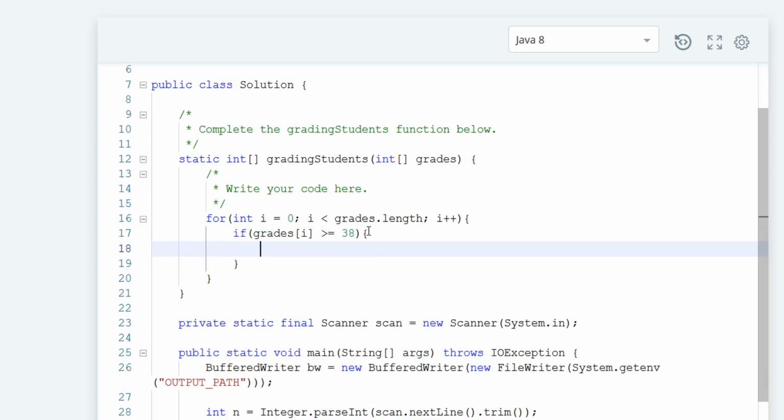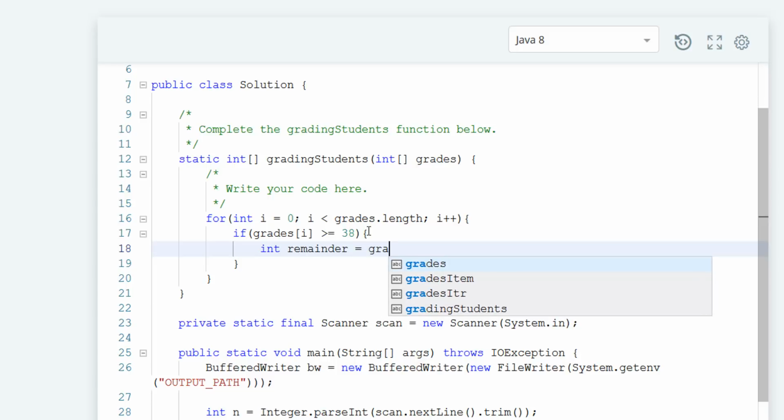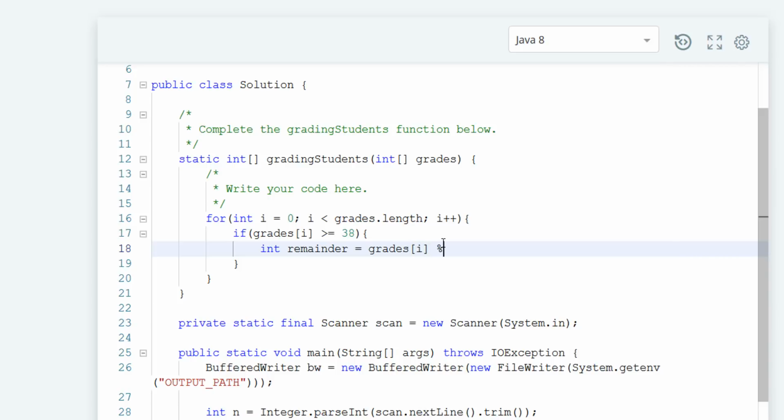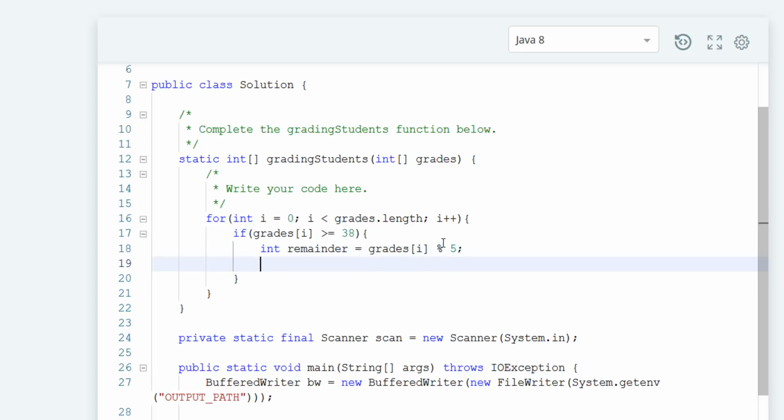So what do we need? Well, we need to get the remainder, and it's going to be the current grade mod 5. Next, we need to go ahead and get the least multiple of 5. So I'm going to say int lower multiple, and this is going to equal